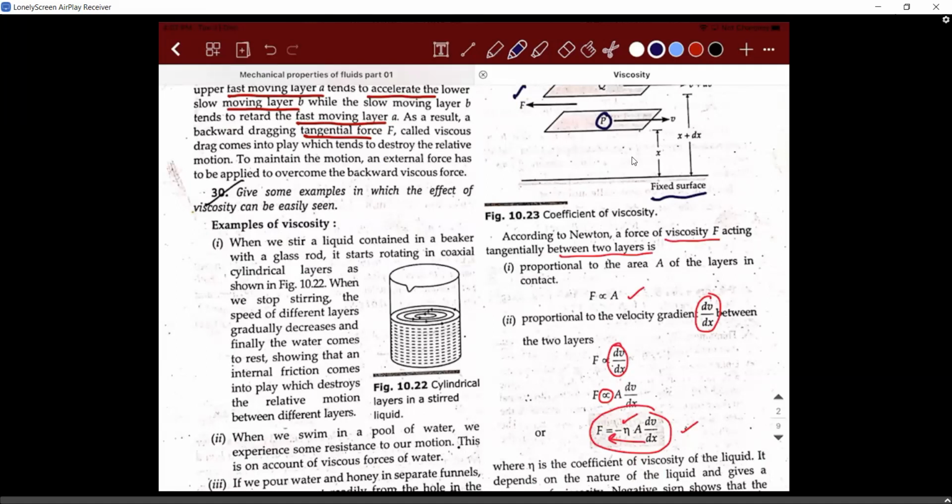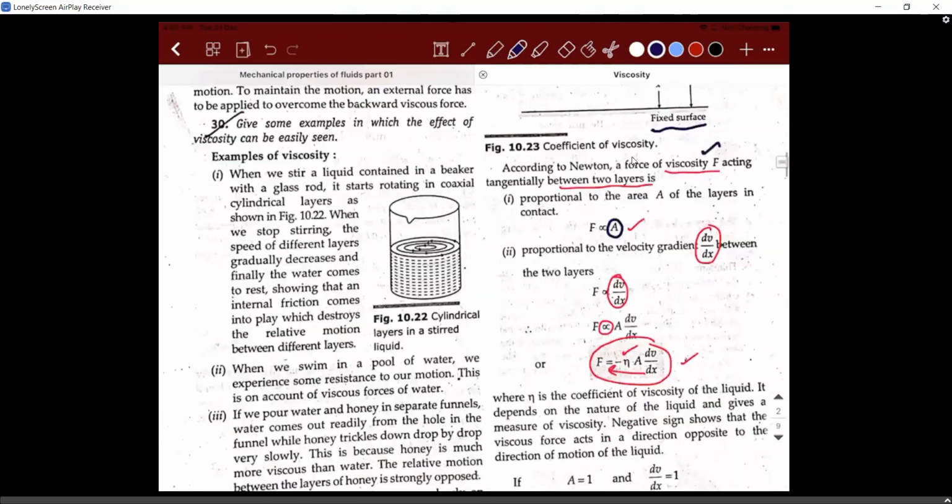So the things that are observed are given to us, which we can just follow to understand what is the coefficient of viscosity. First thing that they told us, the force of viscosity acting tangentially, that is the drag force acting, is observed to be directly proportional to something. What is it? Directly proportional to the area of contact. Secondly, it is directly proportional to the velocity gradient. So these are the two important parameters that are going to help us find the value of viscous force.